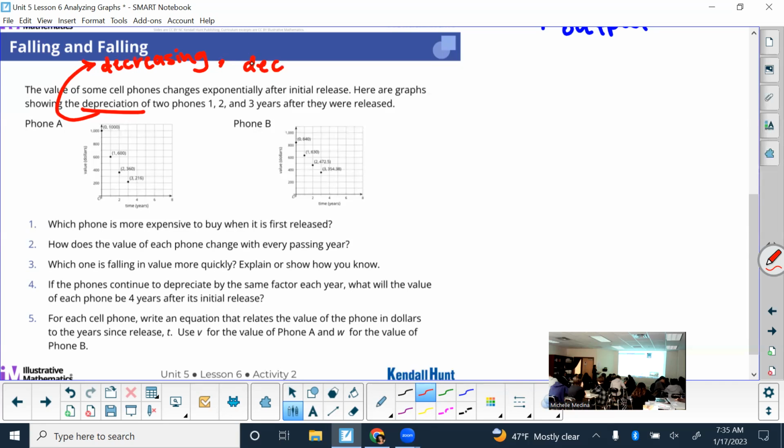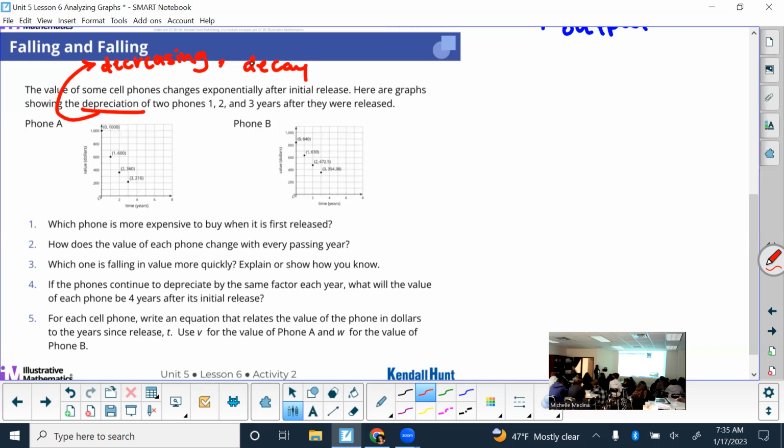Decay. All right, I'll start with a D, so that's kind of a good indicator. So then, looking at the graphs, and feel free, I guess you could sketch it. Maybe I'll blow up the graph and make it a little bit bigger so you can see. But it says,